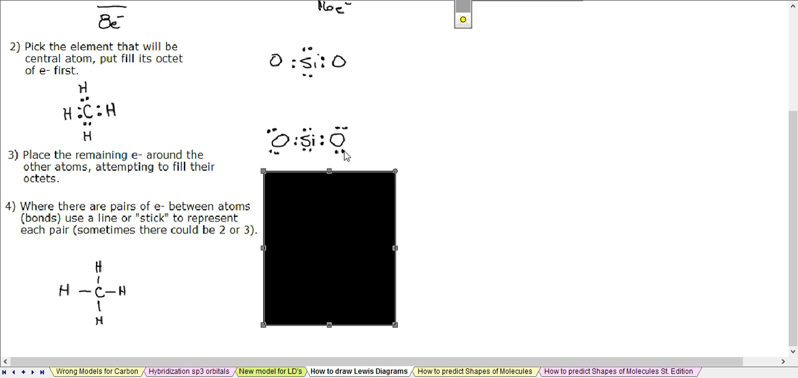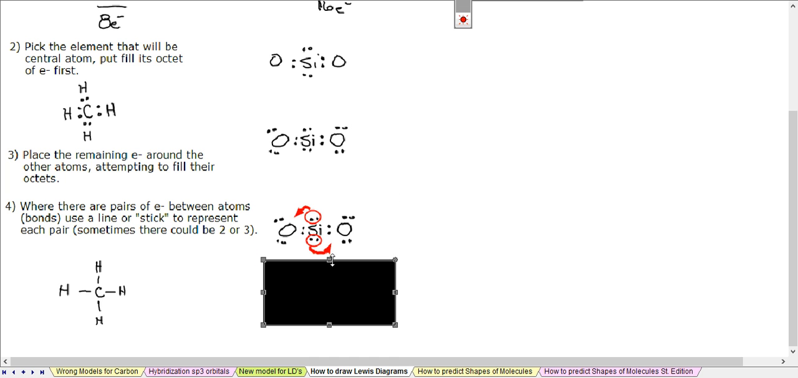Obviously, these oxygens are not happy because they do not have a full octet. They only have 2, 4, 6 electrons. They need 2 more to satisfy their octet. So you're probably thinking that maybe these lone pairs right here might come into play. And sure enough, that's the case. These lone pairs up here don't stay as lone pairs. They end up coming over and adding to the bonds. And so what you end up getting is